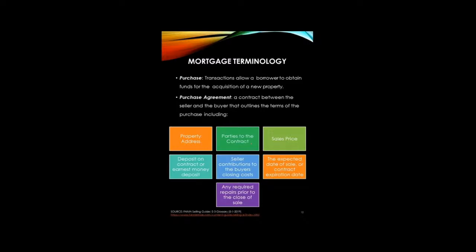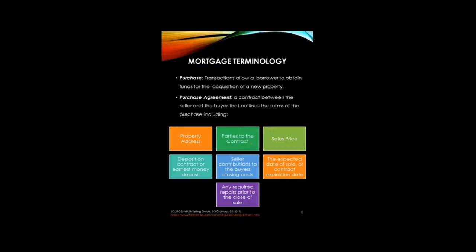All right, let's go into some more terminology. Purchase transactions allow a borrower to obtain funds for the acquisition of a new property. A purchase agreement, which is a contract between the seller and the buyer that outlines the terms of the purchase, definitely has to include on the contract of sale the property address, all parties' names, so the seller and the buyer, whoever is going to be on this transaction, has to be listed on the contract, your sales price, any deposits that might have been given at the time of the signing